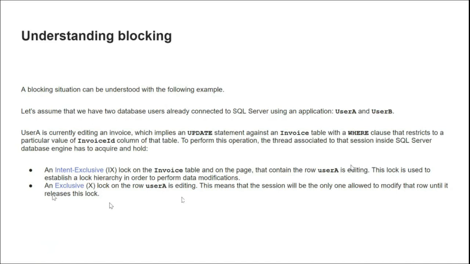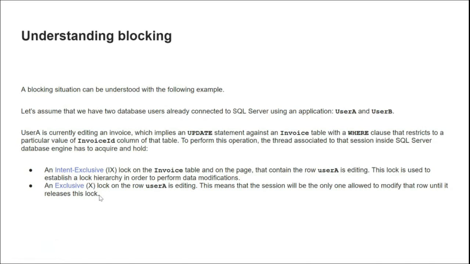If this transaction needs to update the whole thing, or if after editing that row it wants to edit other rows too, that's why it has intent. So there is usually an intent exclusive lock on the table or the page, to isolate and protect the transaction. But an exclusive lock on the row user A is editing